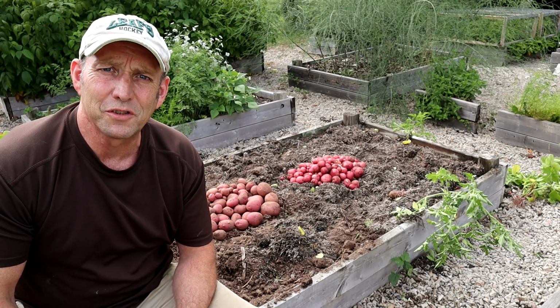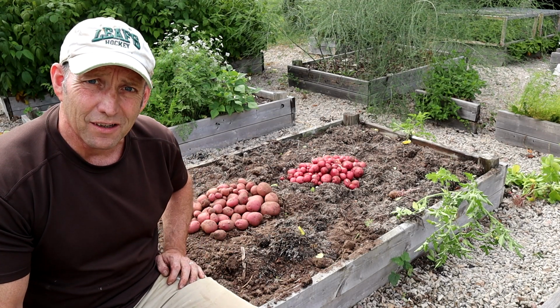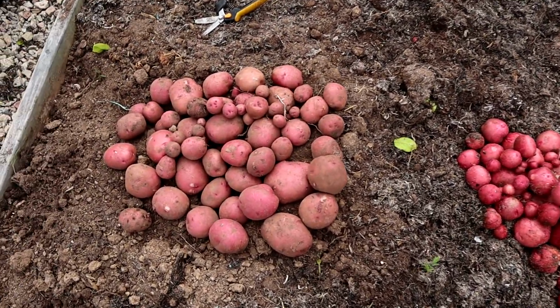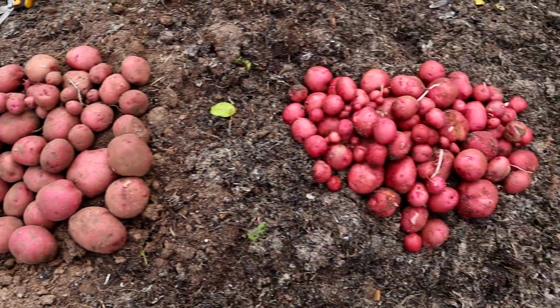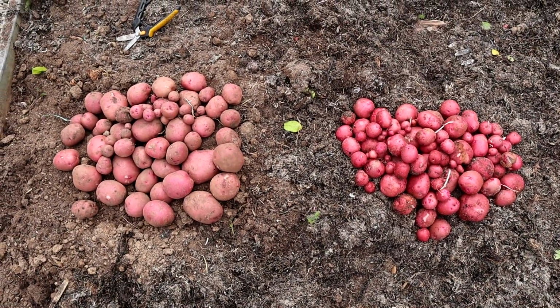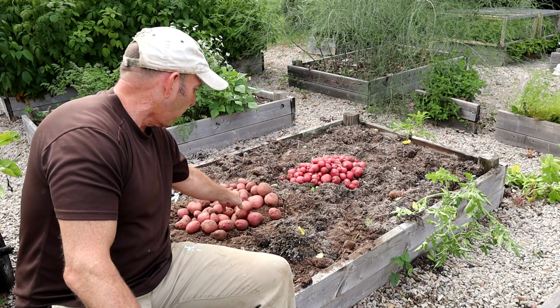Okay, so the results are in, and as you can see, I think I'm calling it for the earth potatoes, not the seaweed potatoes this year. As you can see, there's the earth on the left side as you're looking at it, and I think there's more of them, they're generally bigger. There's some real nice big ones here in the earth pile, and